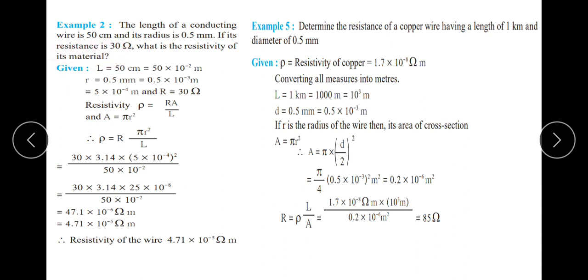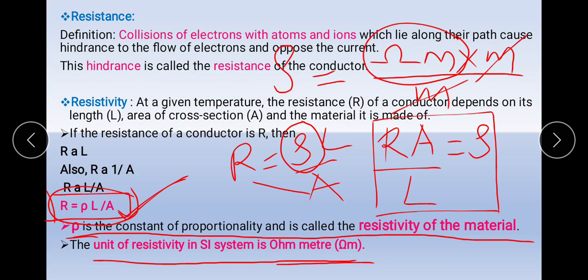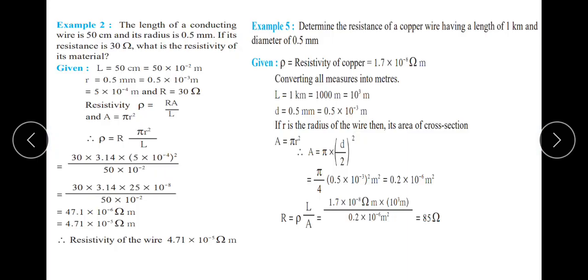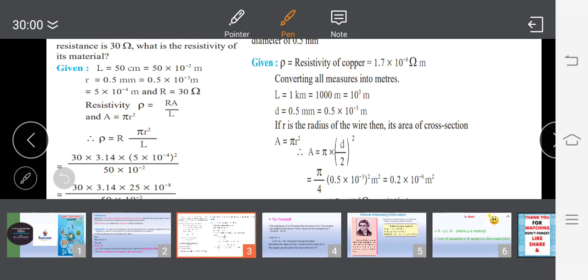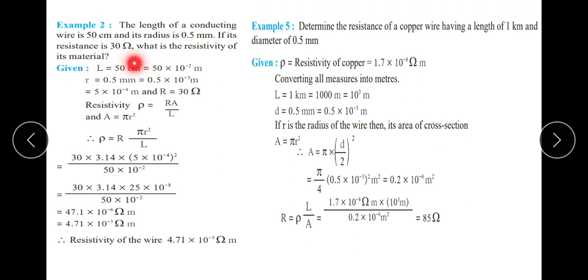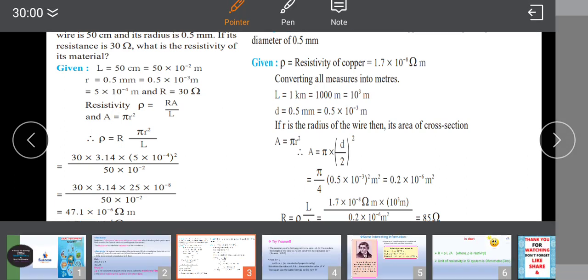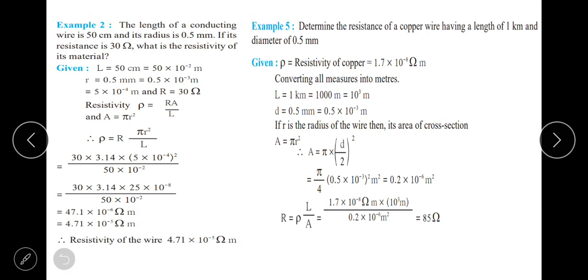If its resistance is 30 ohm, okay, this is in SI. What is the resistivity of the material? So first of all, reading this question, we come to know that they have asked about the resistivity of the material. And just now we derived that the formula for resistivity is RA by L. So you are thorough with the given quantities first, that they have given length as 50 centimeter. Centimeter converted into meter, that means divide by 100. Okay, whenever you convert centimeter into meter, at that time you divide it by 100, correct?